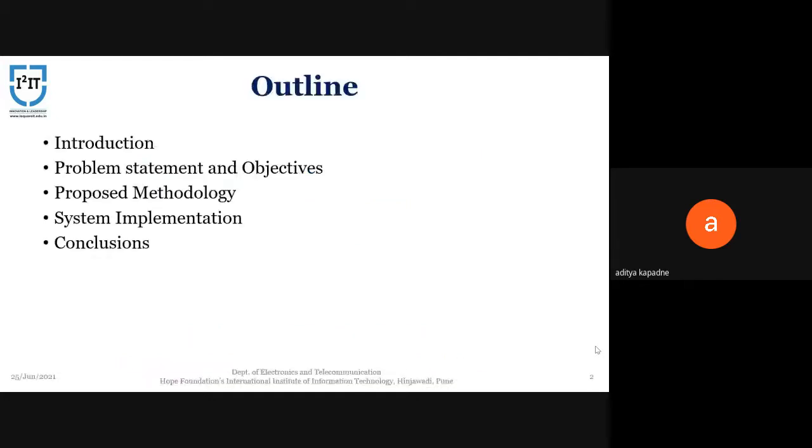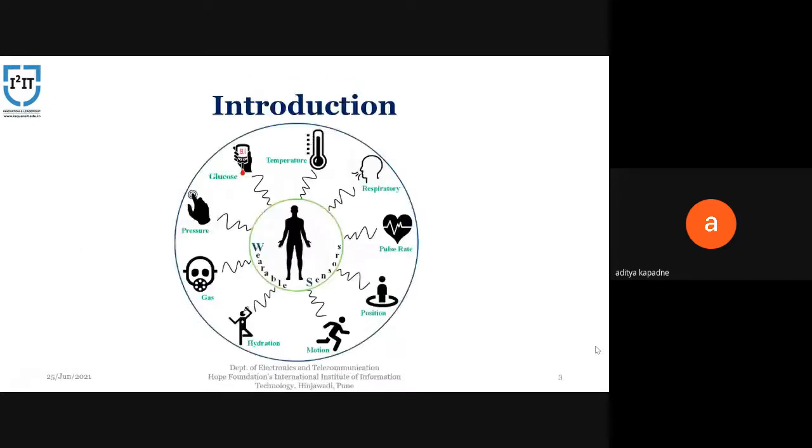The outline of this presentation consists of introduction, problem statement and objective, proposed methodology, system implementation, and conclusion. So let's get to the introduction. So what is